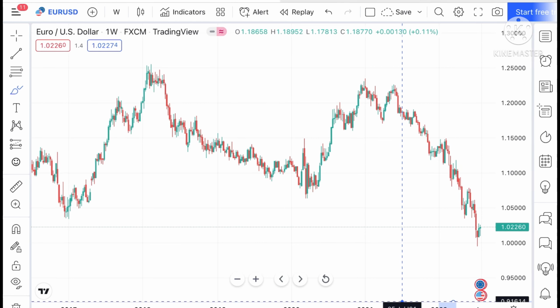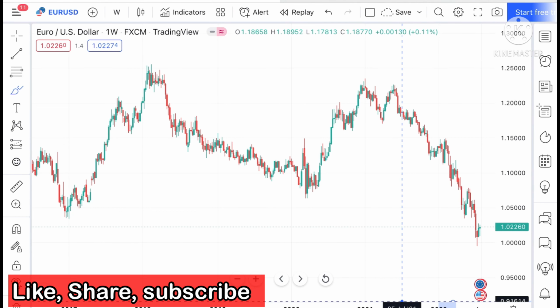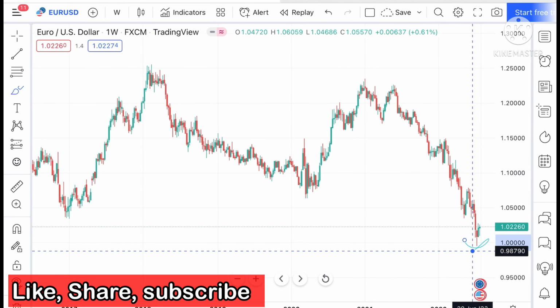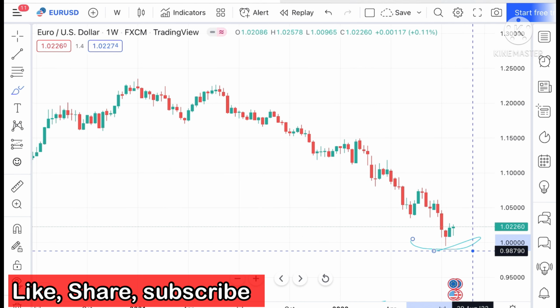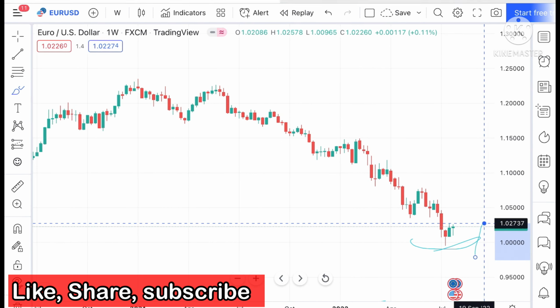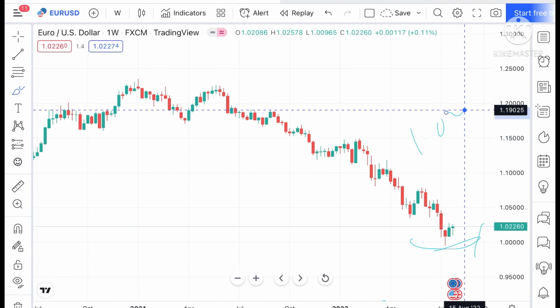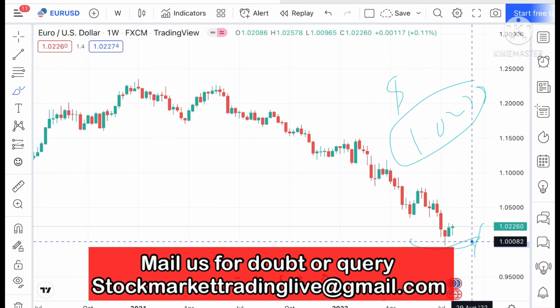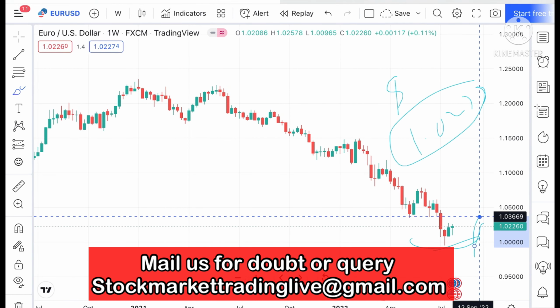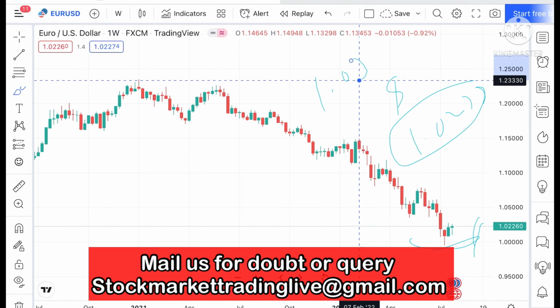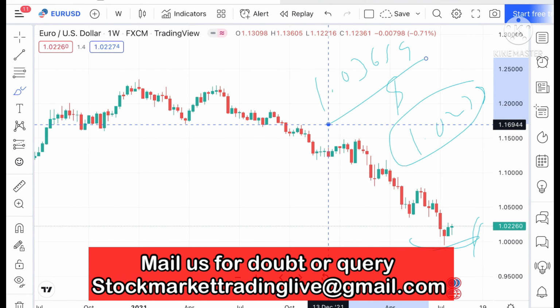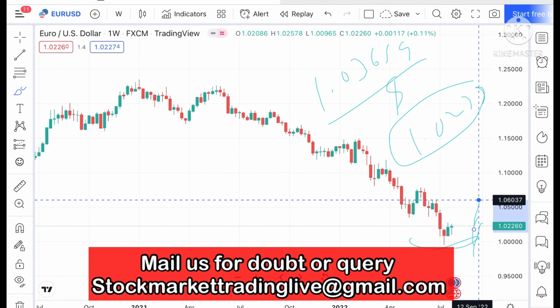If you look at the chart of EUR-USD, we have seen that there is a swing forming at this particular level. Suppose if this level sustains, we can see it can touch a level of $1.02737, and if that level goes upside, we can see it can move further high towards a level of $1.03669. Once that level goes upside, it can move further high and touch a